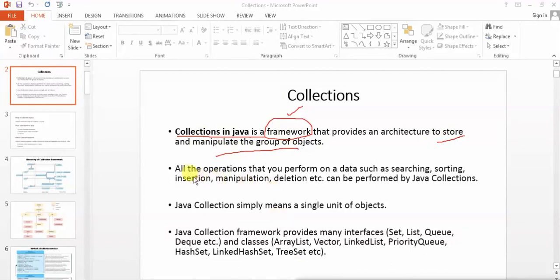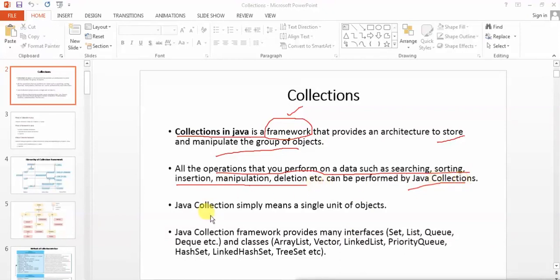For example, normally the operations performed by the user using an application are searching, sorting, insertion, manipulation or deletion of data, etc. Okay, all these operations can be easily performed by Java collections, because Java collections provide us the inbuilt classes and interfaces to perform all those tasks.